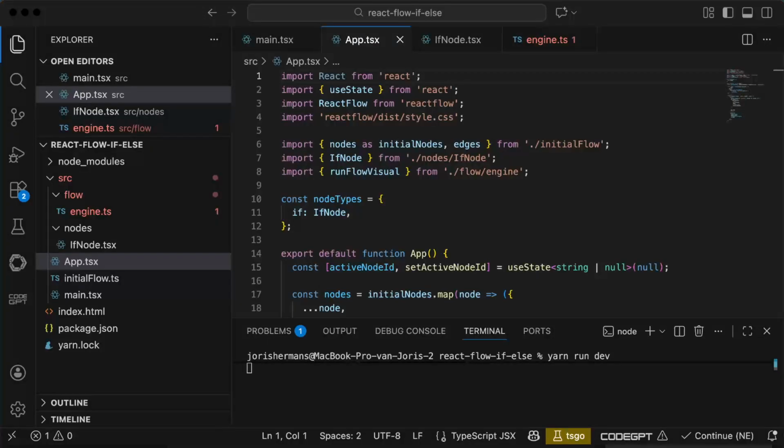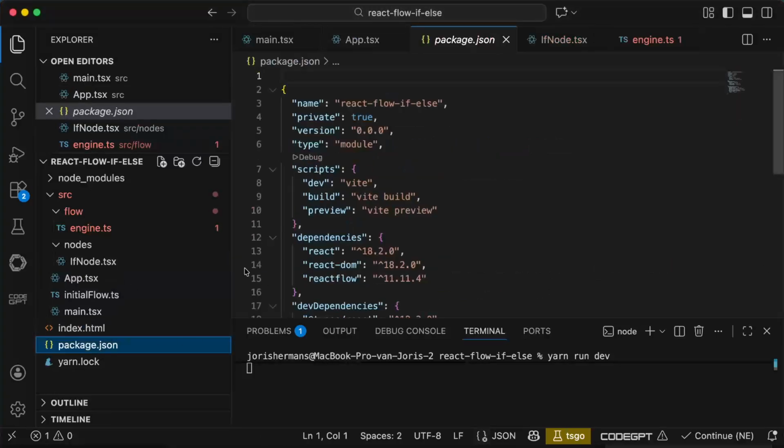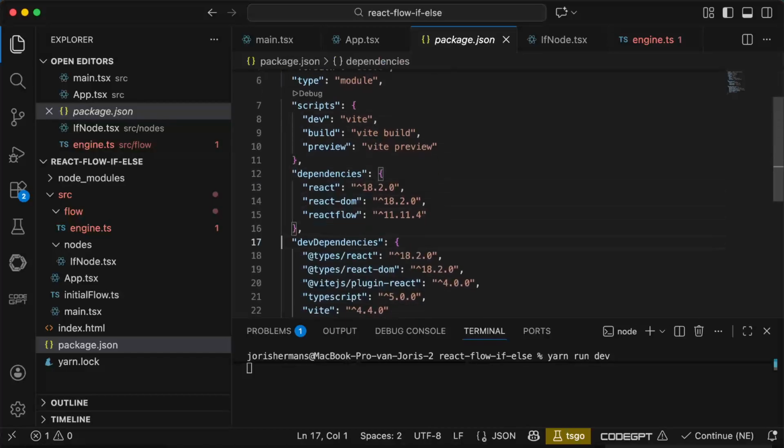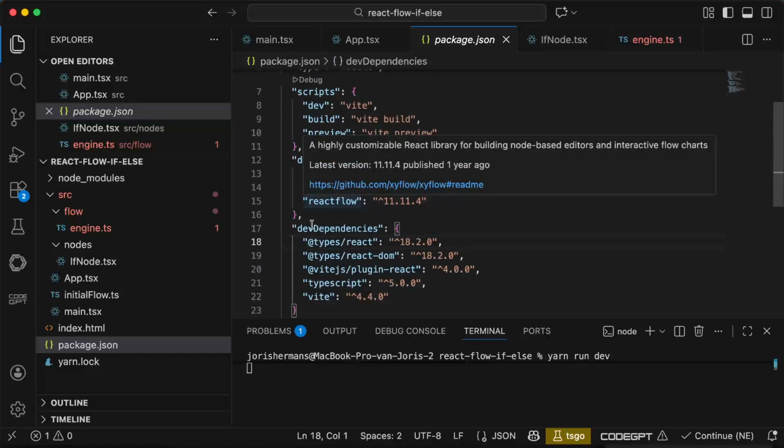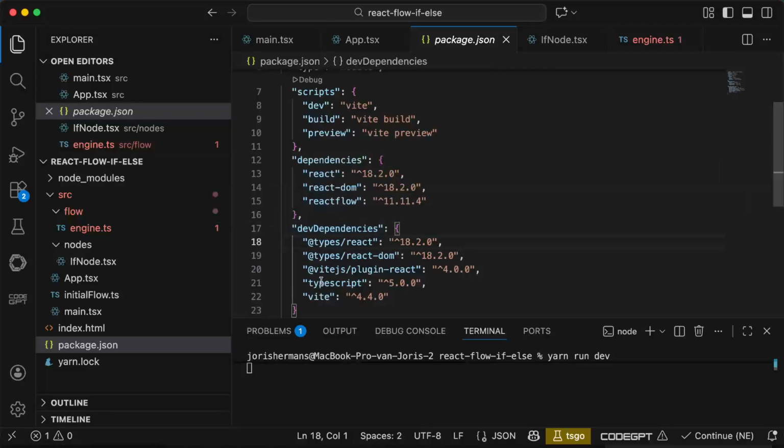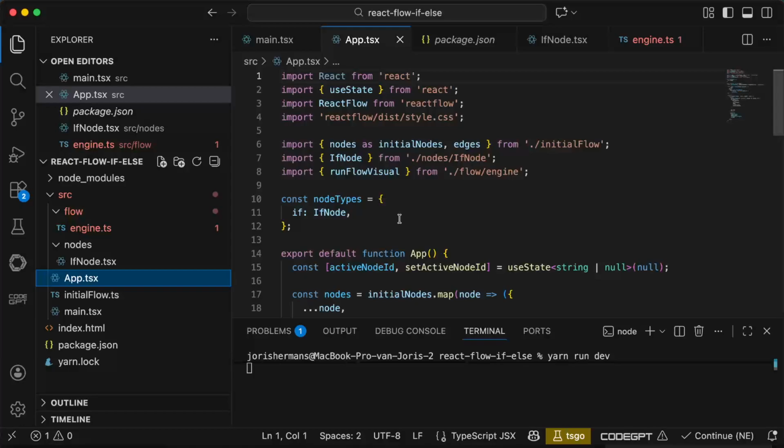Alright, so I have created an application, and in that application you will see we have a package.json, and in that package.json we have React, React DOM, and React Flow, right? That we're starting to use. We're also using Vite and TypeScript, and if we go to the app.ts,